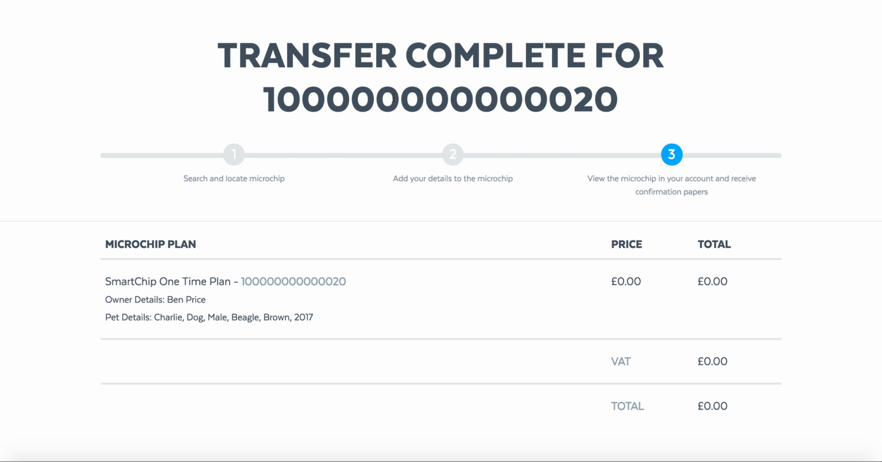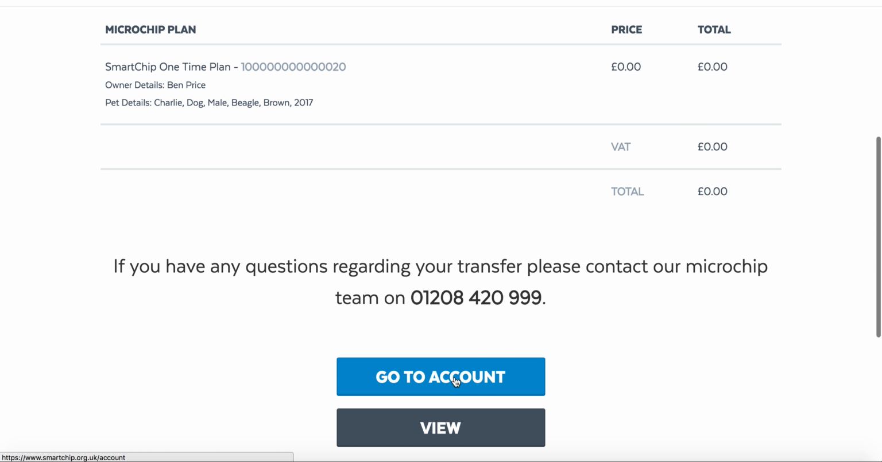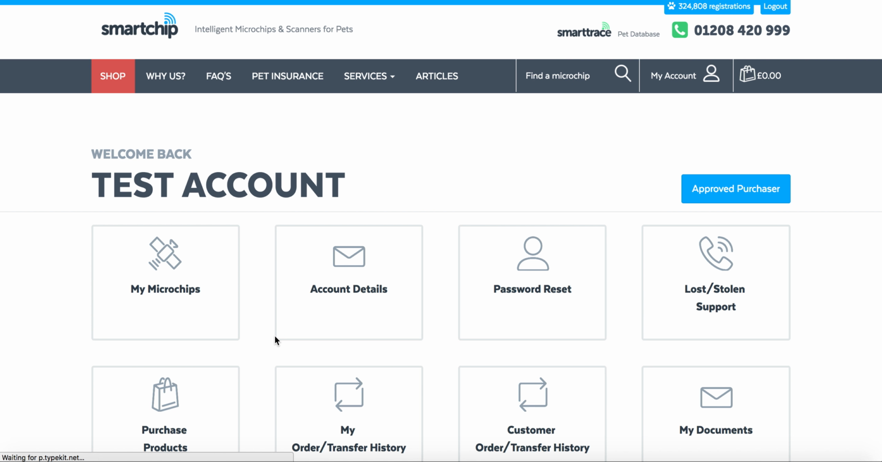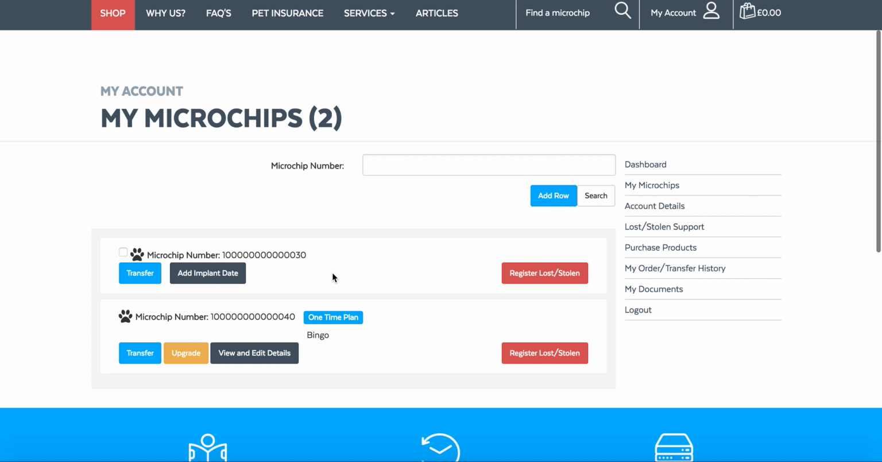There's a bit of an overview of what's just taken place, so you'll have the chip number, the owner's name, and the pet's details that you've added, and any charges and totals will be on the right hand side again. If I go back to my account now, on the My Microchip section, I now only have 2 microchips, and the second microchip ending 020 has been transferred away into the new customer's